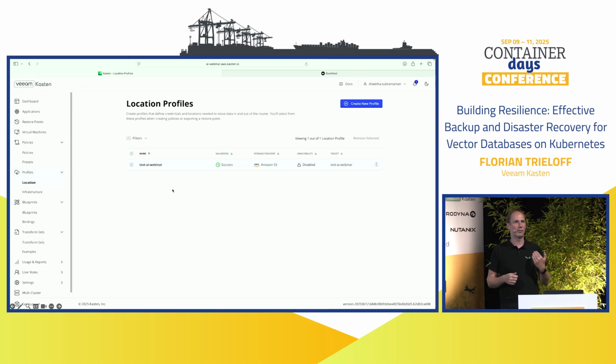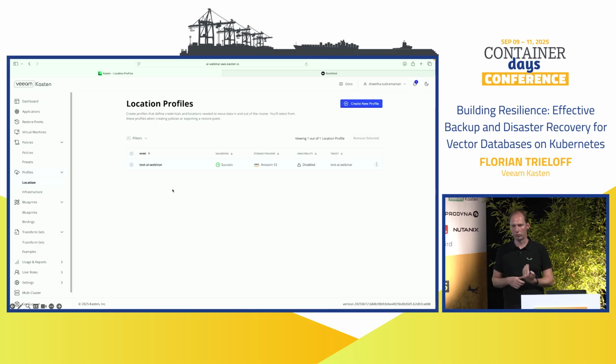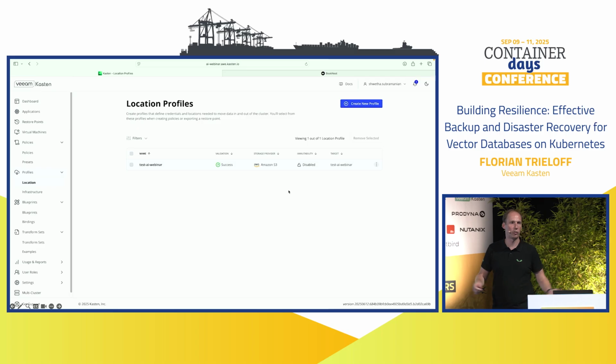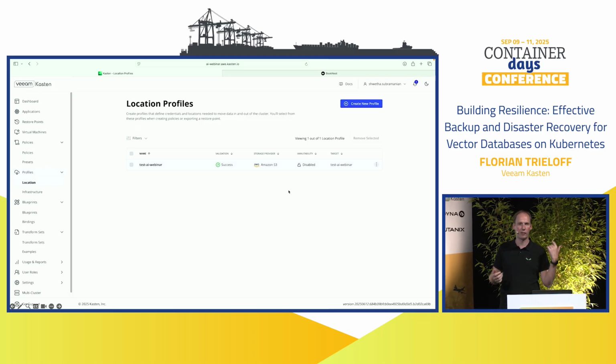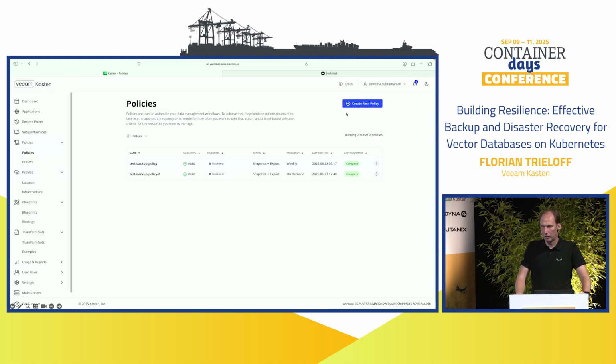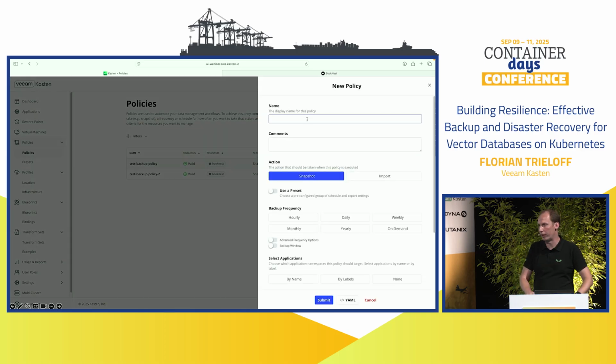But the most important information is just annotating the blueprint name, and Kanister together with Kasten will take care of this. We will write this to an Amazon S3 storage. You can also do it to another target like NFS, SMB, everything else. We're just talking S3 or public cloud. It doesn't matter. And now we will just create a backup policy,